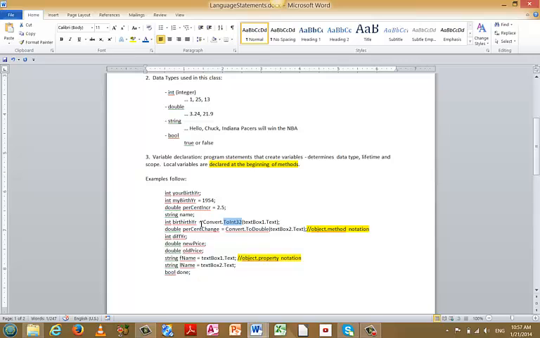When you call up that object and invoke its toInt32 method, and then within parentheses give it something that translates into string data type, that convert object will transform the value in string format to the same thing in integer format. So this is how I have to get data that the user has typed into text boxes stored away in a different format